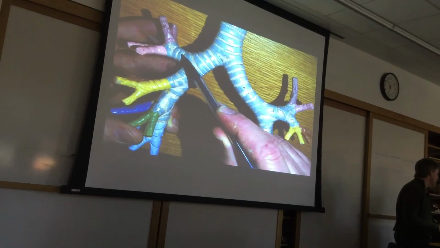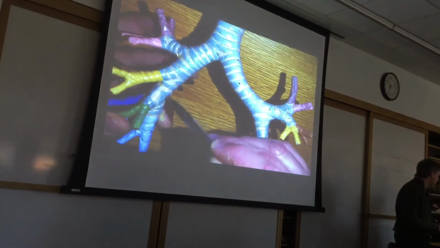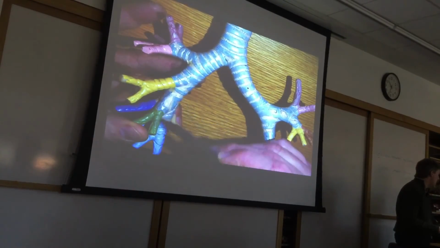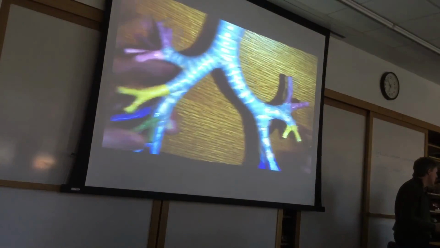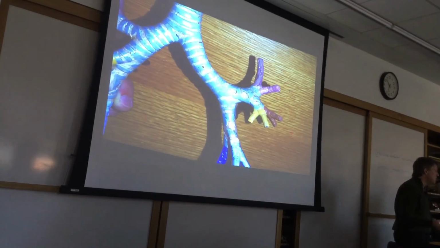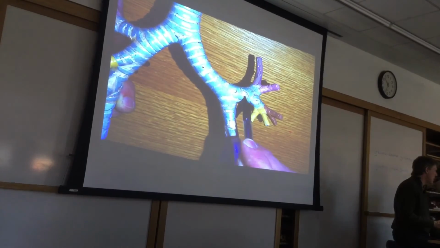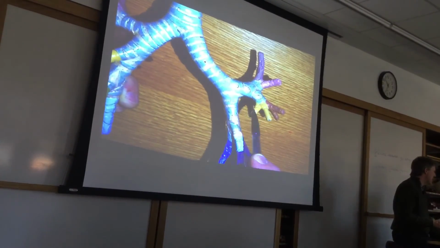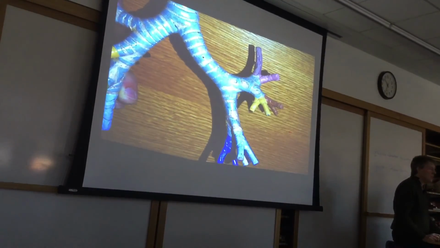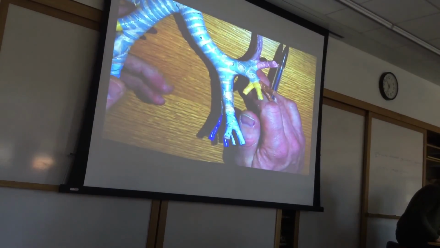So this is a right secondary bronchi, that's another one, and that's another one. And then these colored things are the segmental bronchi. Over on the left side, here's your primary bronchi. You only have 2 lobes on the left side. So this is the secondary bronchi, that's the secondary bronchi, and once again, the colored ones are the tertiary bronchi. All right, lung